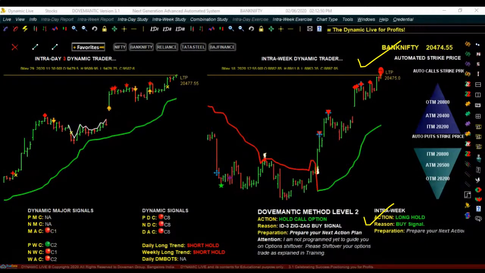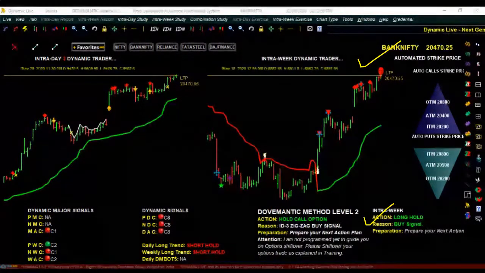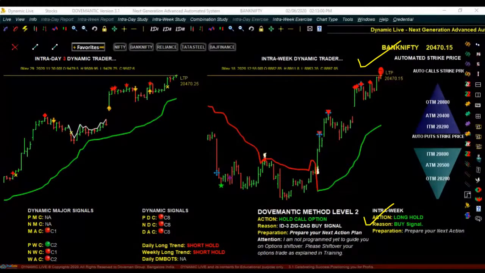30 seconds for an entry, 30 seconds for an exit. And if you do this 7 times in a row, it means you have mastered futures trading as well. This is how easy it is. So if you have understood this reality today, it means you have already mastered futures and options trading today.